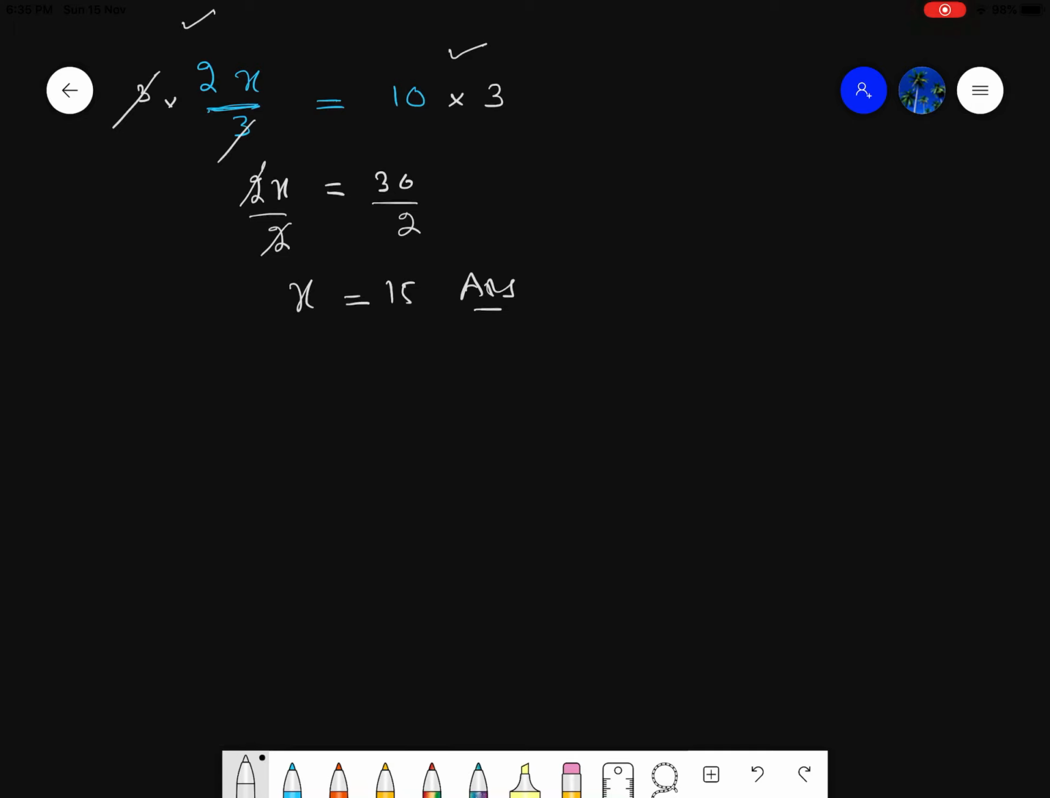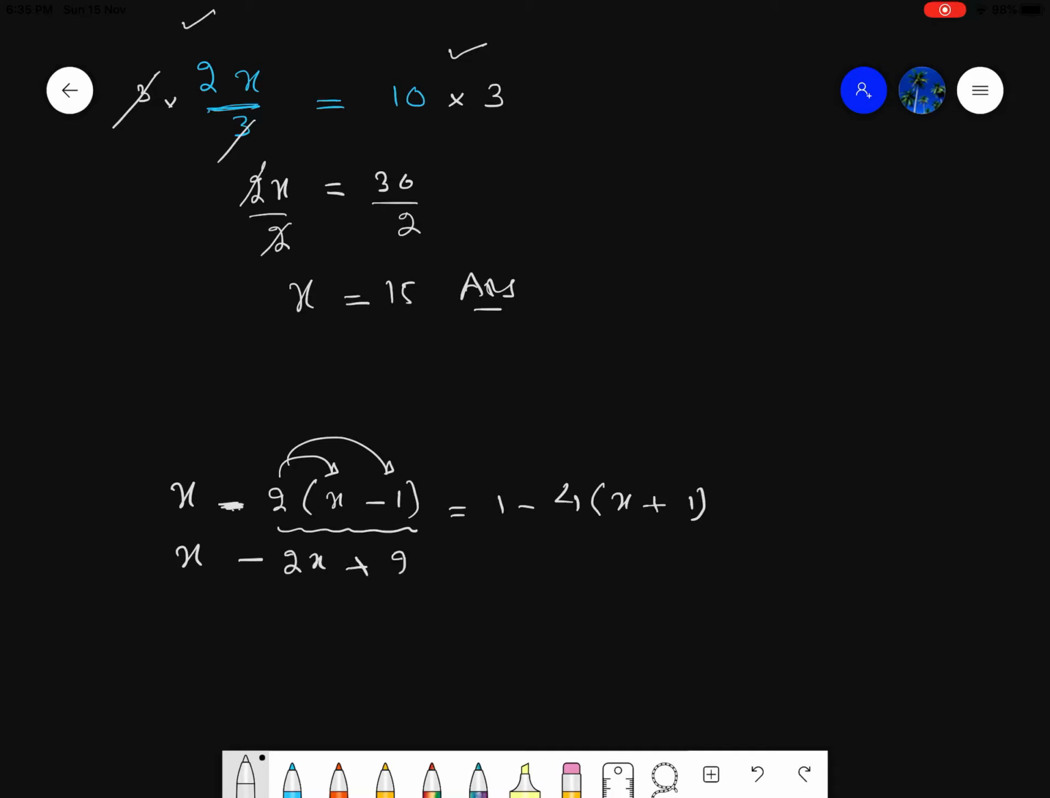Similarly, sometimes brackets are also involved. For example, x minus 2 times (x minus 1) is equal to 1 minus 4 times (x plus 1). So simply we'll start by opening the bracket. So x minus, this is 2 times this bracket. So 2 times x and 2 times -1. So 2 times x is 2x, and this is -2. Be careful about that. So -2 into -1, minus into minus is plus, 2 ones are 2, is equal to,